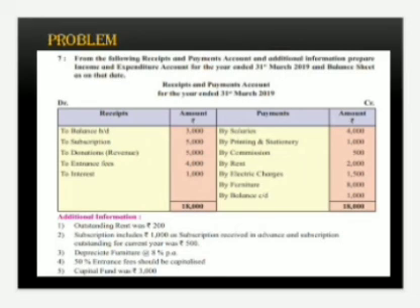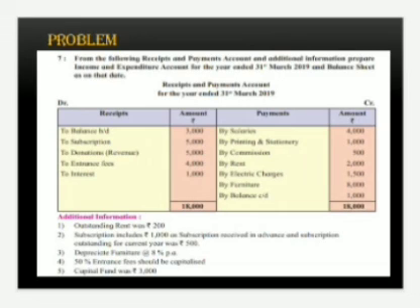Then additional information: outstanding rent was rupees 200, then you have to tick mark the rent. Subscriptions includes rupees 1000 as subscription received in advance, and subscription outstanding for current year, means again you have to tick mark the subscription. Depreciate furniture at the rate of 8% per annum, then tick mark the furniture. 50% entrance fee should be capitalized, tick mark the entrance fees, and the capital